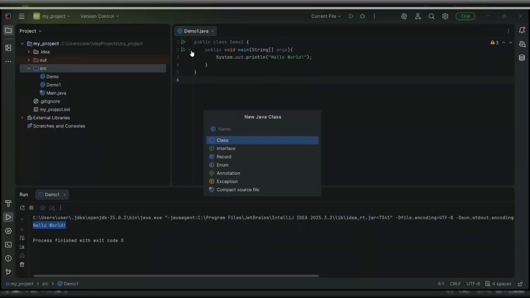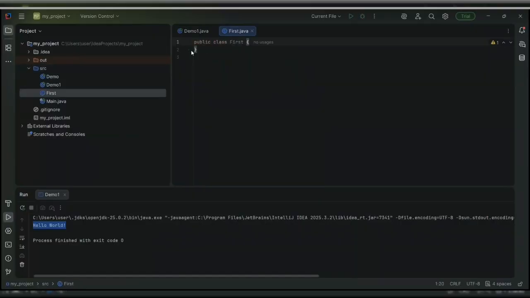For now, let's call it First. And it opens the class for us. And like all programmers, let's try to write our first program in Java, as inherited from everyone, with the words Hello World.